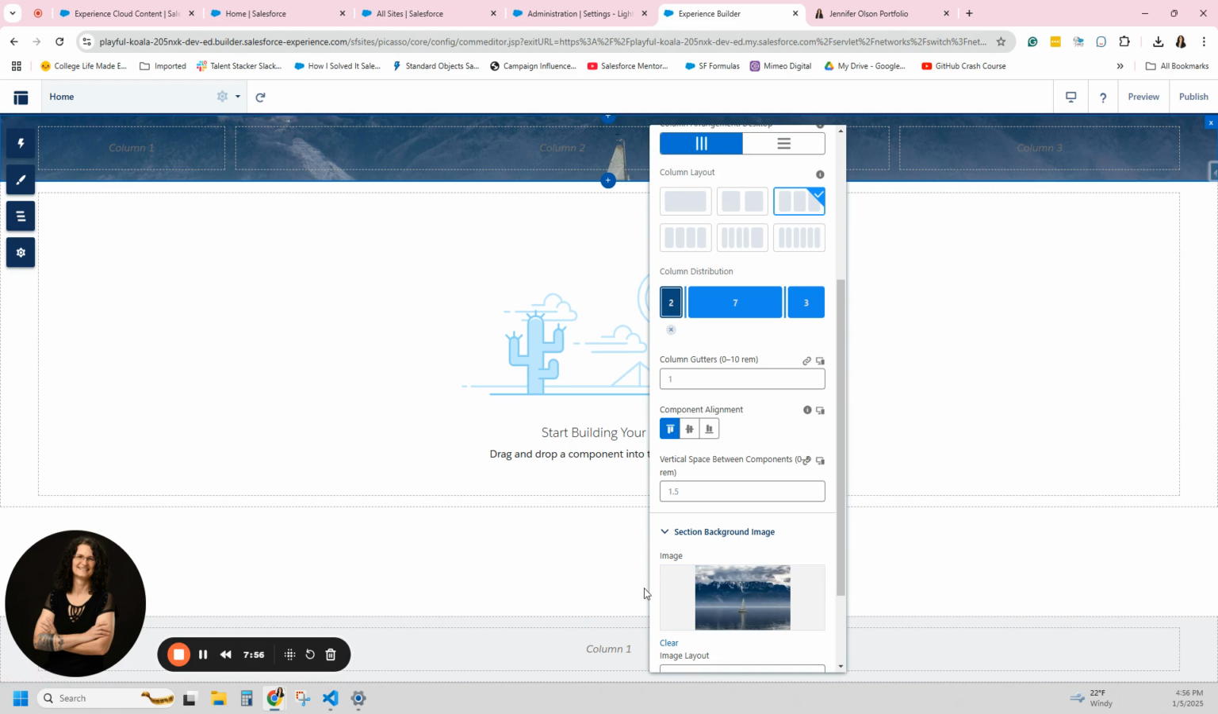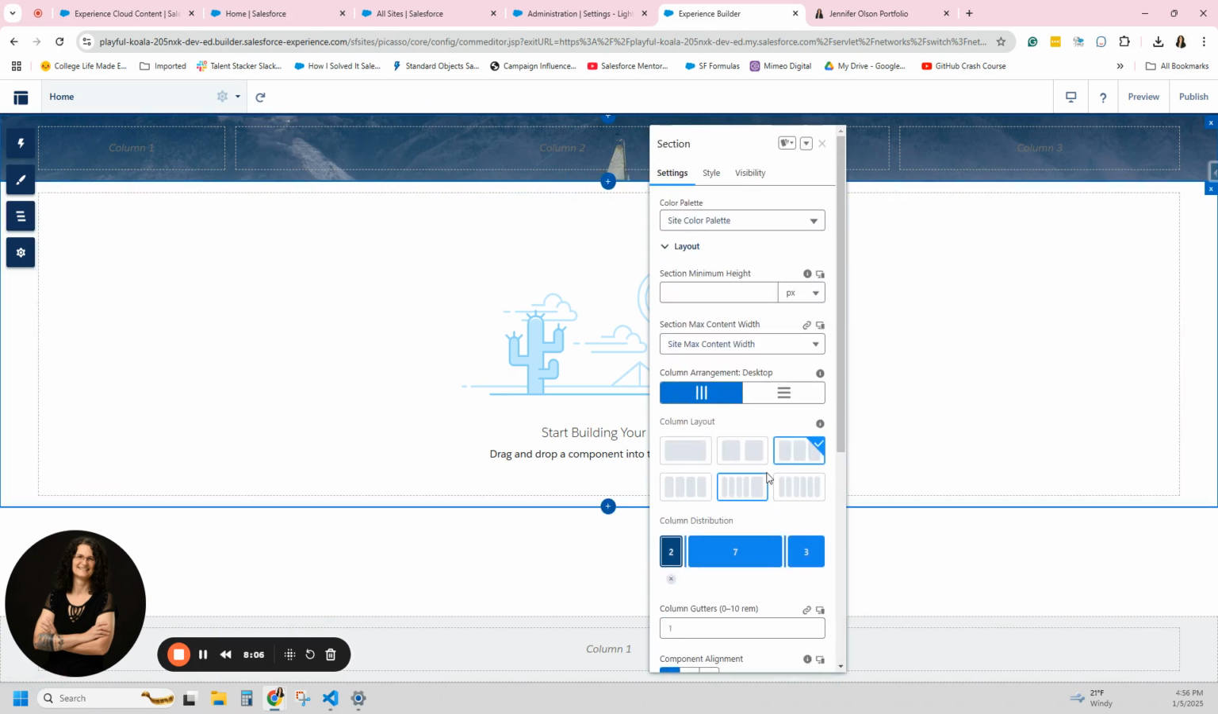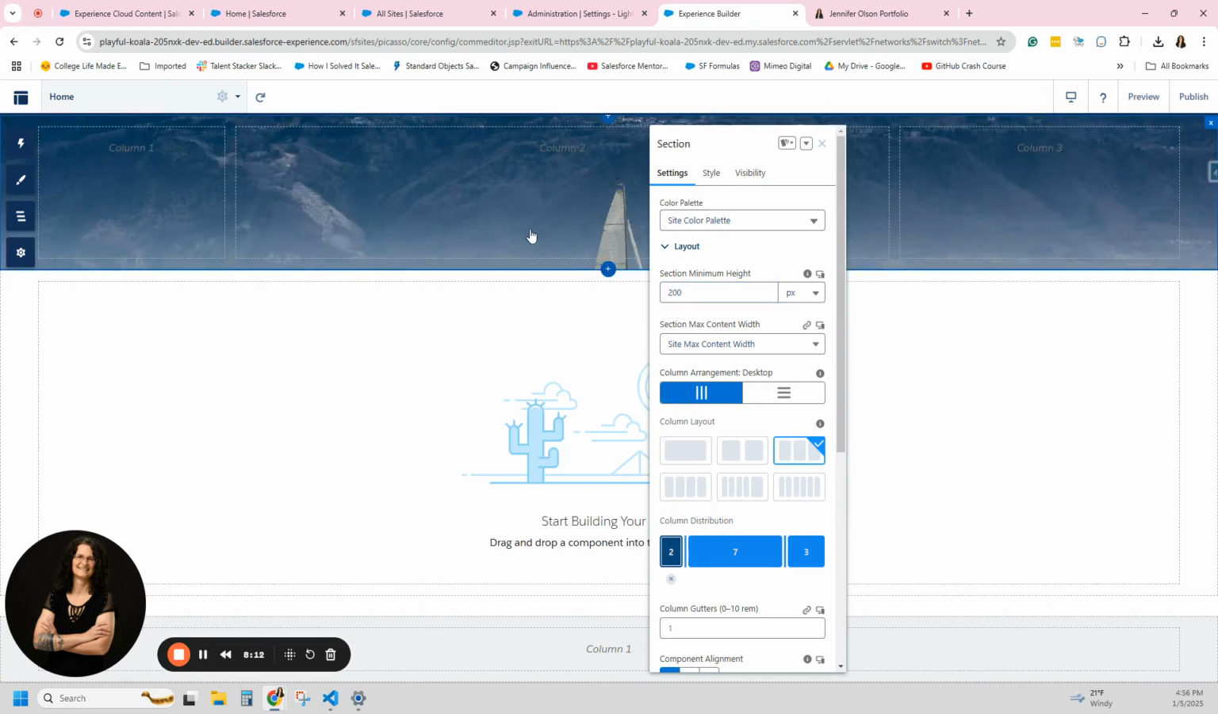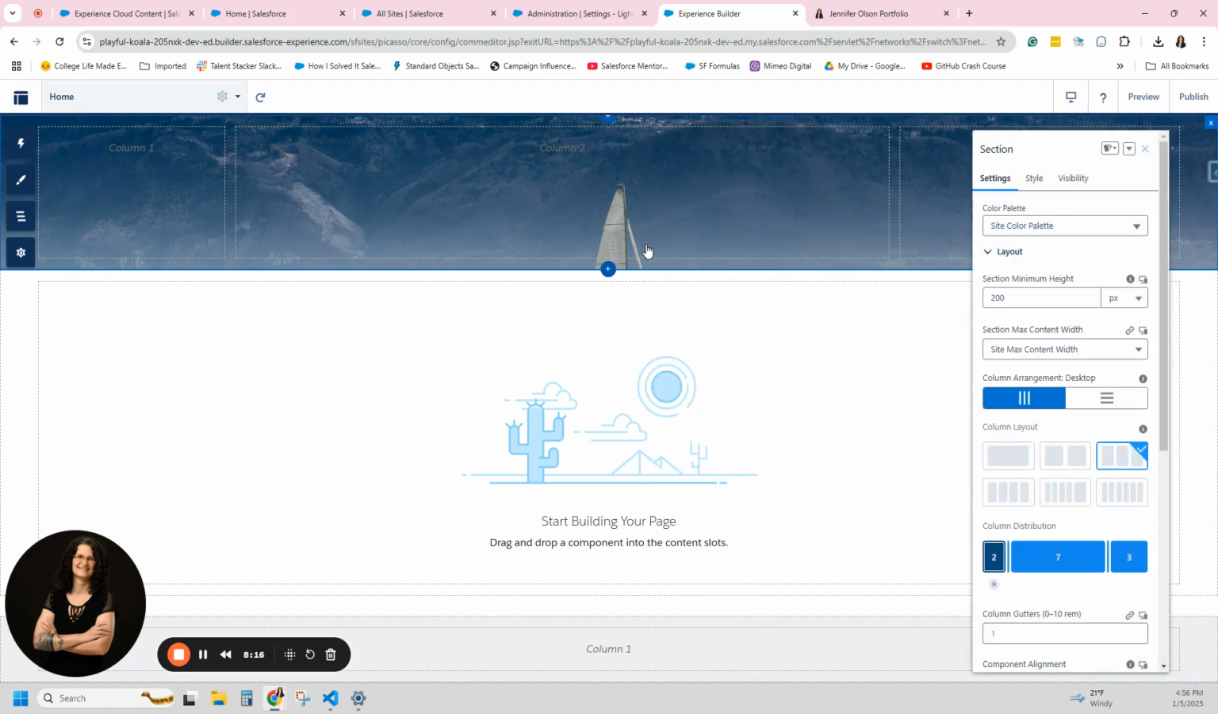it's almost like some mountains, some clouds, a little bit of snow, and a sailboat on water. And an image like that, it's huge. You can't really see it. So there's a couple things I can do. I could make my section height bigger. Let's see if it'll let me do 200. And it did. And I could show a little more,